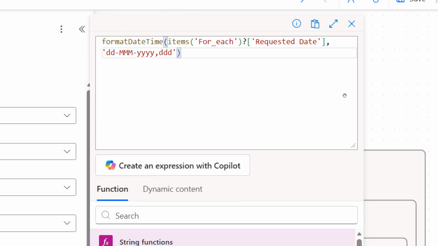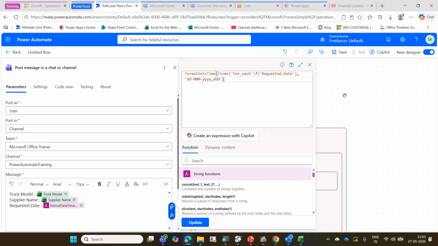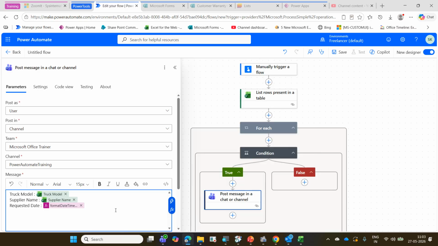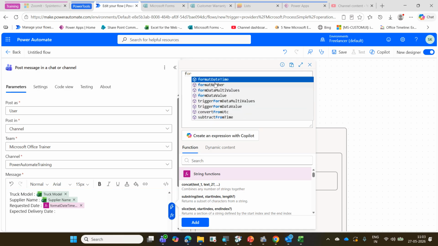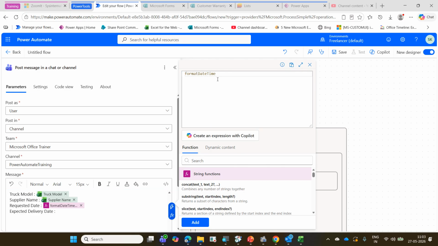Expected delivery date. Just dummy data, I am putting it here. Same thing, colon, same FX. Go to format, date and time, bracket open, dynamic content, see more, and select the expected delivery date, comma, single quote,